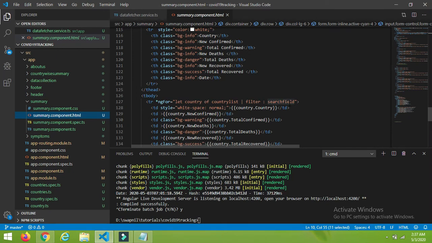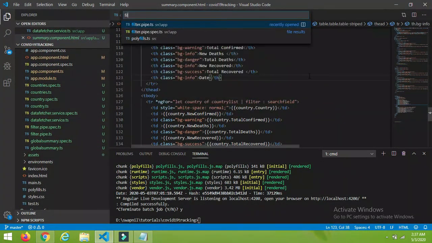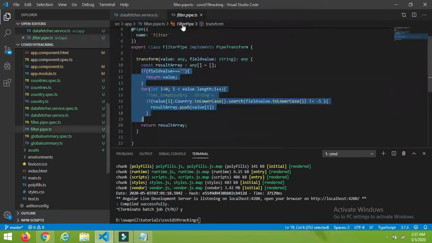So let's create our pipe by using the command ng generate pipe, ng g p, and the name. So I have created the filter pipe, that is filter.